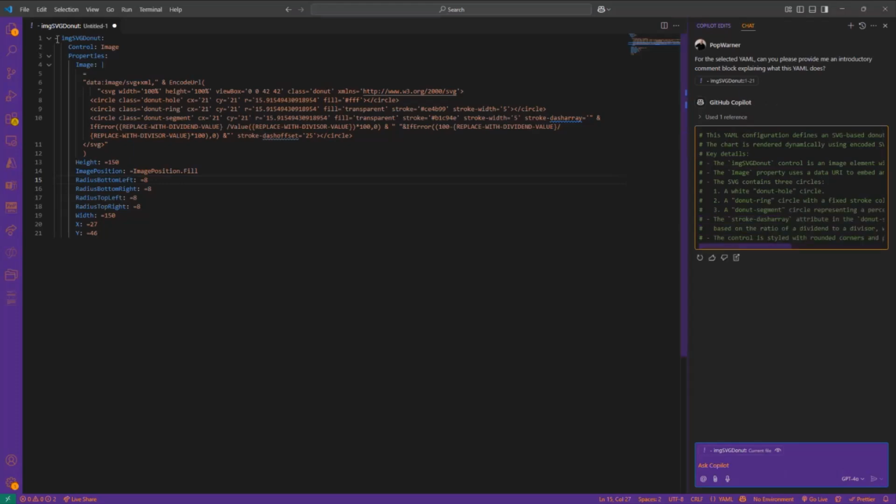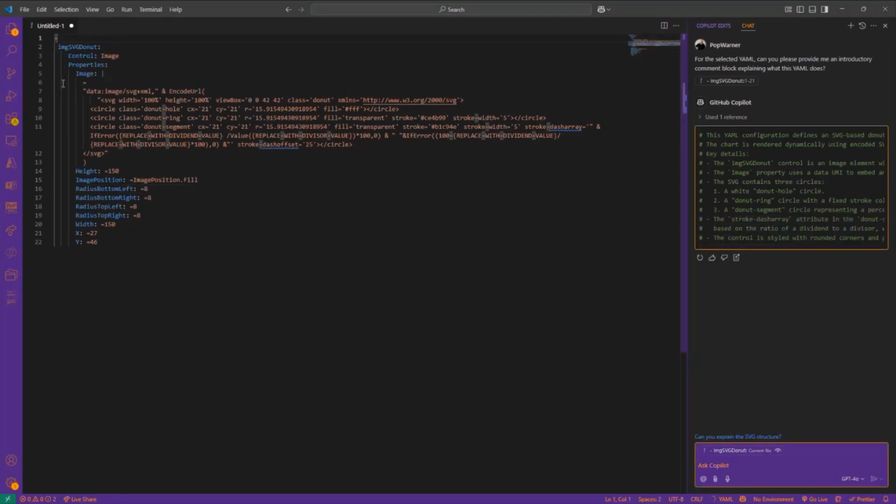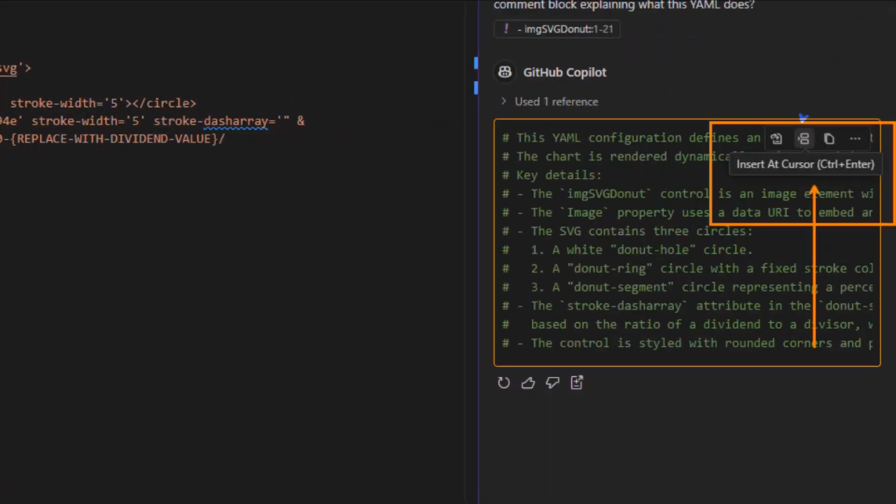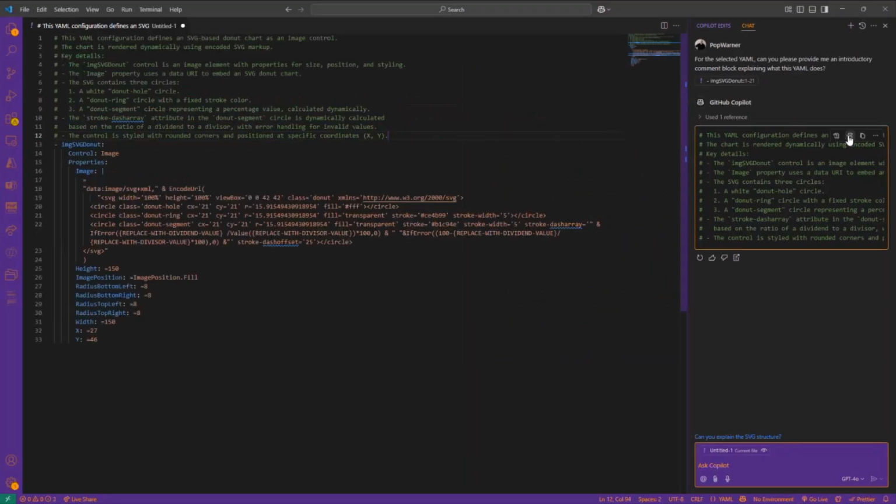And so if I were to then put my cursor here at the front of my code, and I hover over some of these icons, that one right there says insert at cursor, right? So you can utilize all this functionality to take advantage of stuff. There we go. It's in there. You can then put that into the repo, which, by the way, we are going to talk about in our next episode.